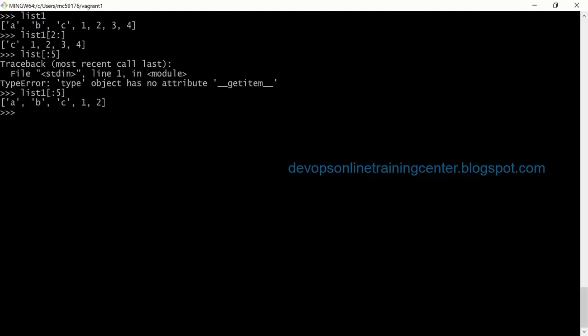List value can be changed. Let us say list 1 is, this is the list which we have defined. So I'll say list 1 of 0th element is equal to A, B, C, D, E, F. Right now, if I say list 1, the first element is replaced with A, B, C, D, E, F. Right? So lists are mutable.